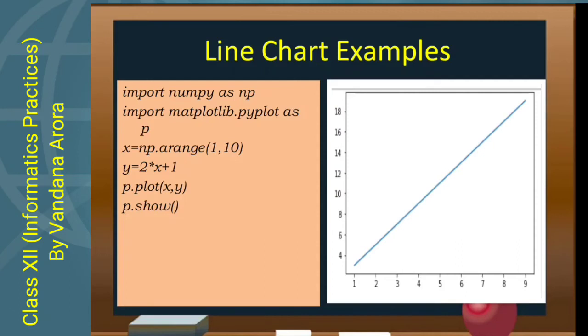Now you can see the line graph will be drawn when you run the program. The straight line will be displayed. You can see this chart has a single line with no labeling on the chart. Now we will customize this chart accordingly so that it will become more interactive.